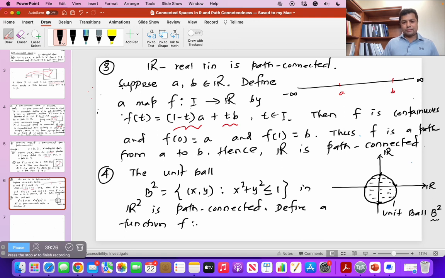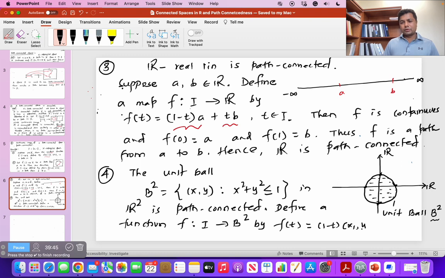Let's call that map f from I to B2, defined by this relation. f of t is, let's say, 1 minus t